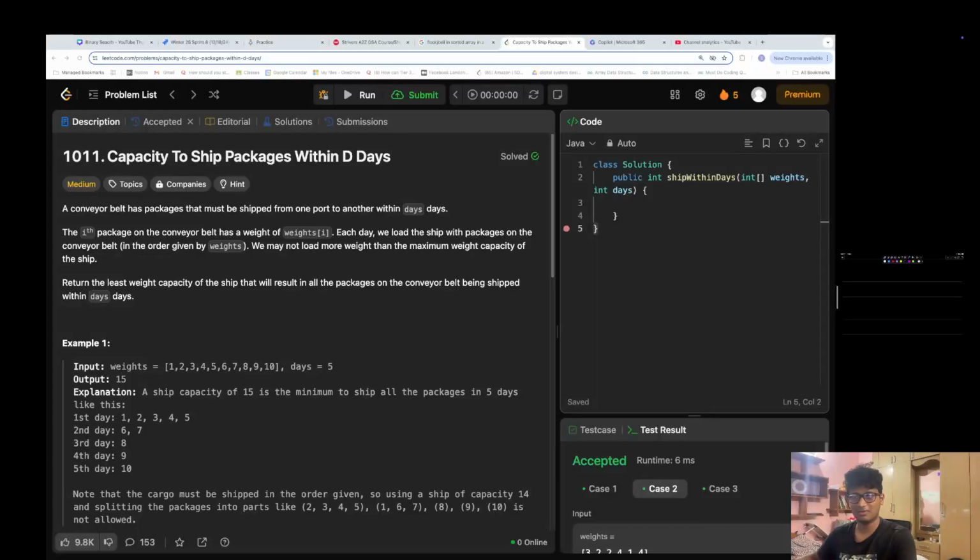Hey everyone, welcome back. So today we're going to be solving Leetcode 1011, capacity to ship packages within D days. The solution to this problem is very intuitive and very interesting. Yeah, so let's begin. The problem statement is that you have a conveyor belt that has to ship packages from